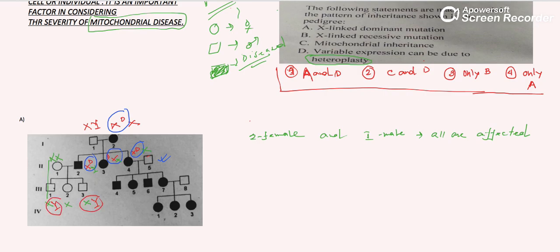So this may be right. But the girl gets the father's X chromosome, and this X chromosome is affected, so these children should be affected, but they are not. So in the third generation,